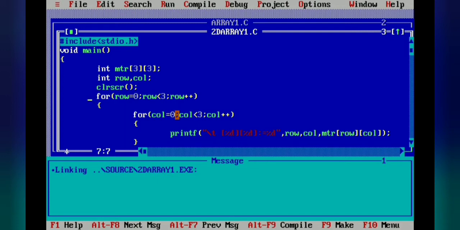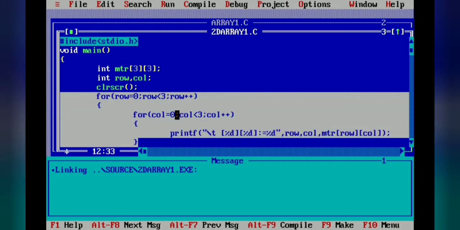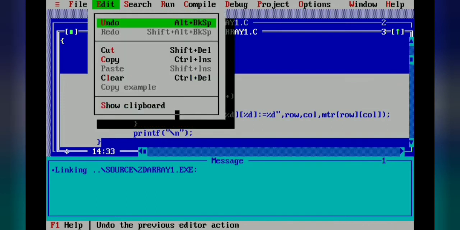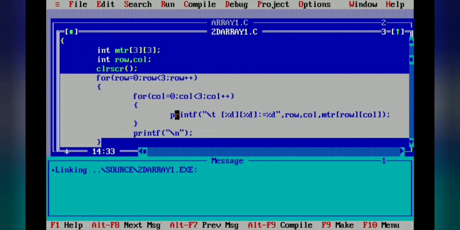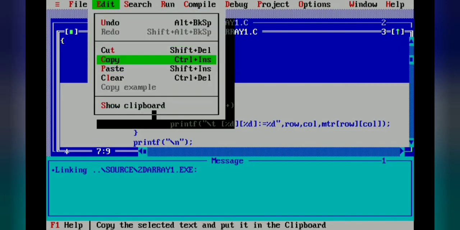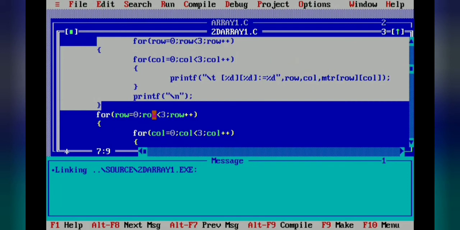Here you can use the shift key and hold down the right arrow key to select this first line. After selecting the first line, don't release your shift key and use the down arrow to select this one. Now we go to the edit menu with Alt E and select the copy option. Then place your cursor where you want to copy this content. Again I go to the edit menu by pressing Alt E and select the paste option. So here you can see the loop has been